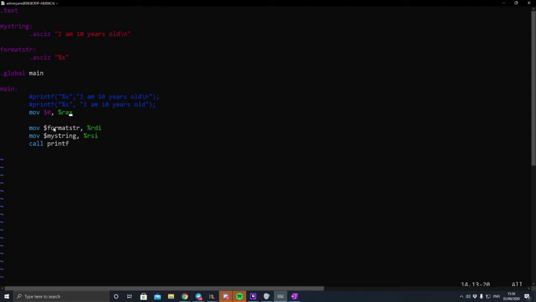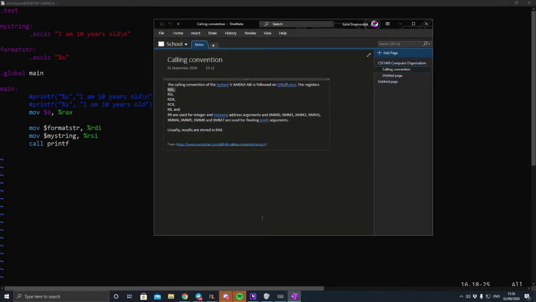Then we want to have the second string, which is why is it RSI? In the calling convention, which is also findable in the